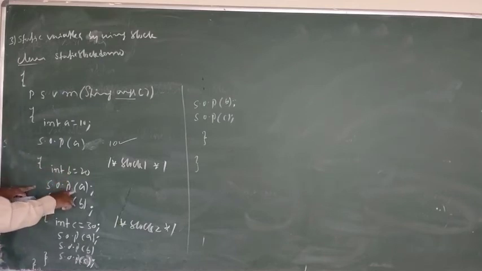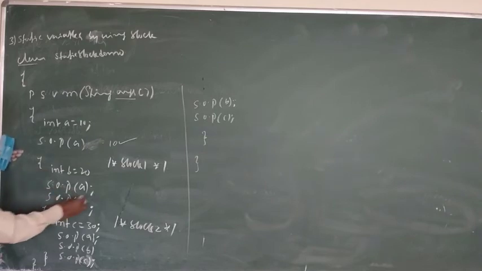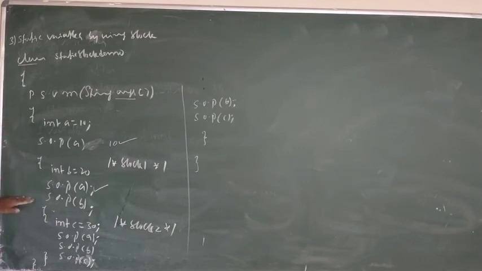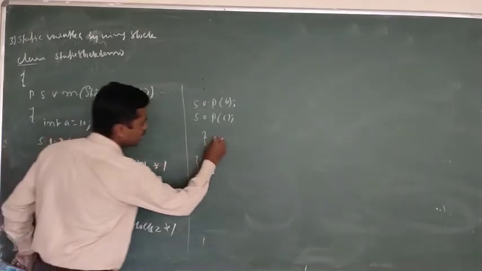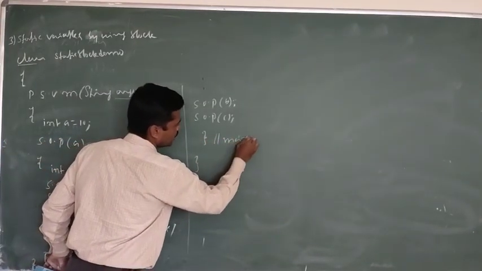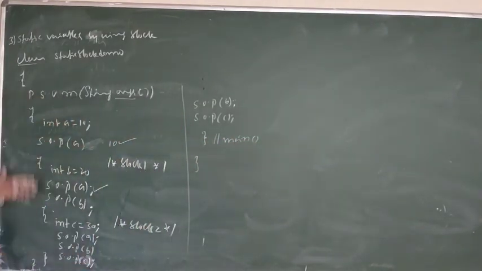So now a is accessible. Why? Because in the block 1 I am accessing a, and it is inside the method. Your block is also inside the method, so it is accessible. Main method will be started here and it will be ended here, so anyway you are using the variable a inside the main method only, so that it is accessible.